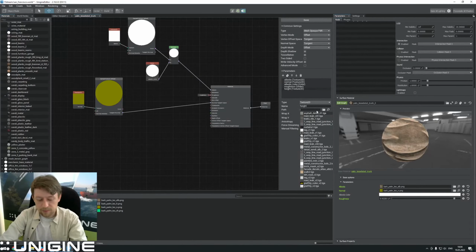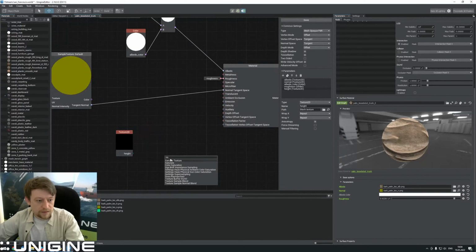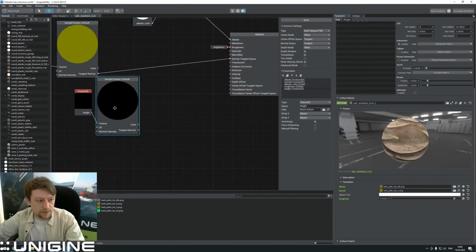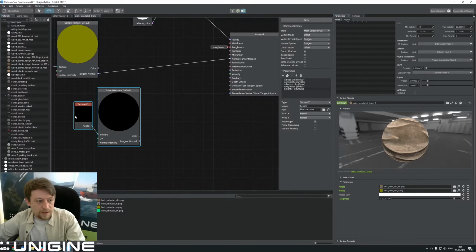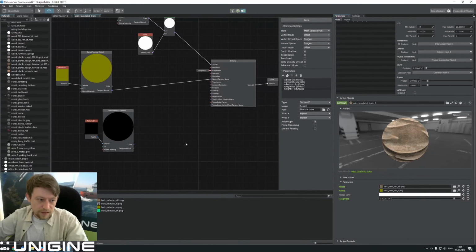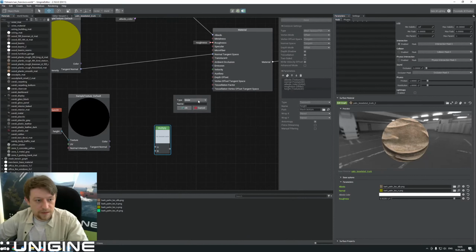Probably it will be a good idea to have it by default as a black texture, because we don't want to displace it by default. And let's create a SampleTexture node. 0V channel by default, so we don't need to change anything. And the interesting thing starts here, because first let's be sure that we'll be able to control the amount of the displacement, right? So let's create an additional slider parameter and call it displacement scale, probably,